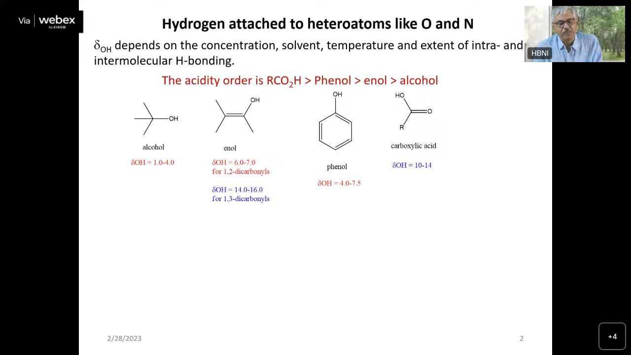The chemical shift of this OH, the hydrogen attached to oxygen, also depends on the acidity of the compound. For example, the carboxylic acid is a stronger acid than phenol, phenol is stronger than enol, and enol is stronger than alcohol. The chemical shift values also follow very similarly. So, for example, the alcohols